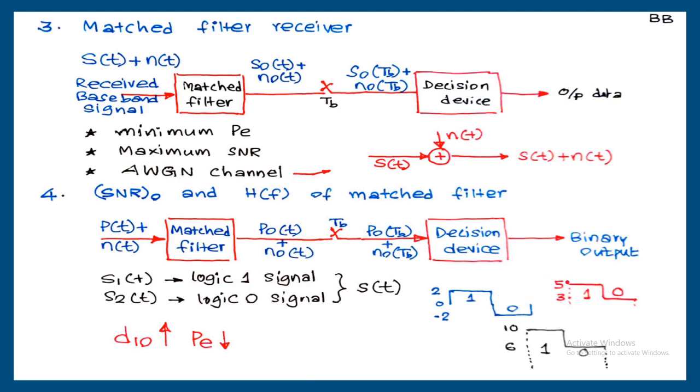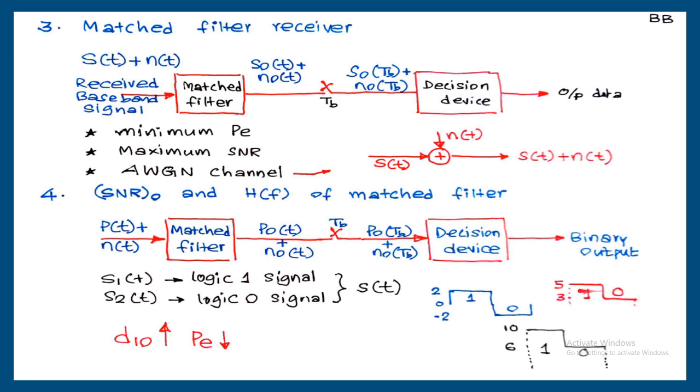And here another case, 5 volt and 3 volt. Where will be the decision boundary? It will be 4 volt, because the mean of these two is the decision boundary. This voltage is 3 volt and this is 5 volt. It's a unipolar format, and decision boundary will be 4. So any voltage greater than 4 is going to be taken as 1. Any voltage less than 4 will be taken as 0.